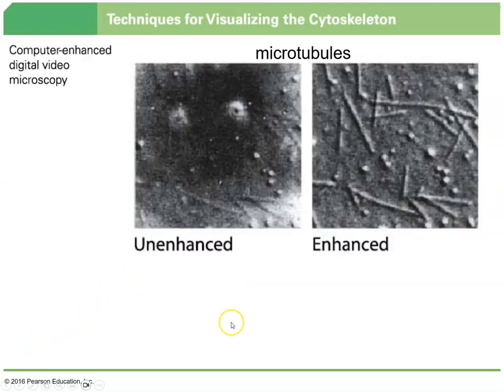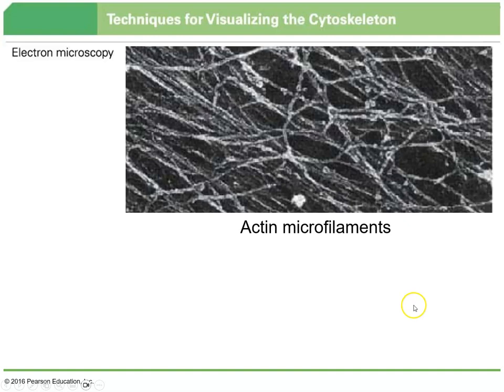You can see these in high resolution images in phase contrast. So with computer enhanced digital photography, you can use some of the lenses and the filters to get a better image of these different microtubules. Here's an example of just standard microscopy, and then also there's electron microscopy. This is an image of an electron microscope, which can resolve individual filaments and thin sections, with special mounting techniques used